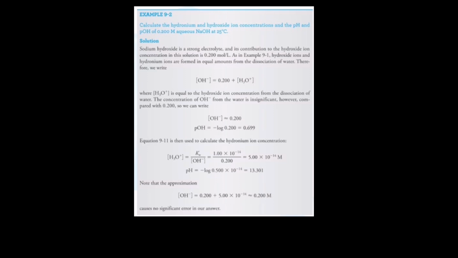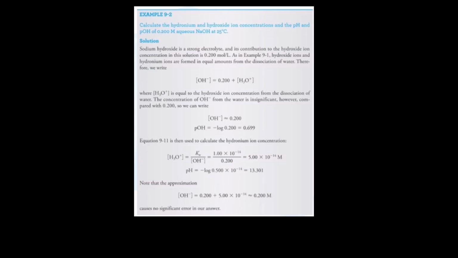So i-divide just at 0.200 and then equals 5.00 times 10 to the power of negative 14 mole per liter. So i-attach ko na lang yung mga picture dito. After mo times to divide, and then ang result is 0.500, and then i-negative log mo siya, and then ang lalabas is 13.301,